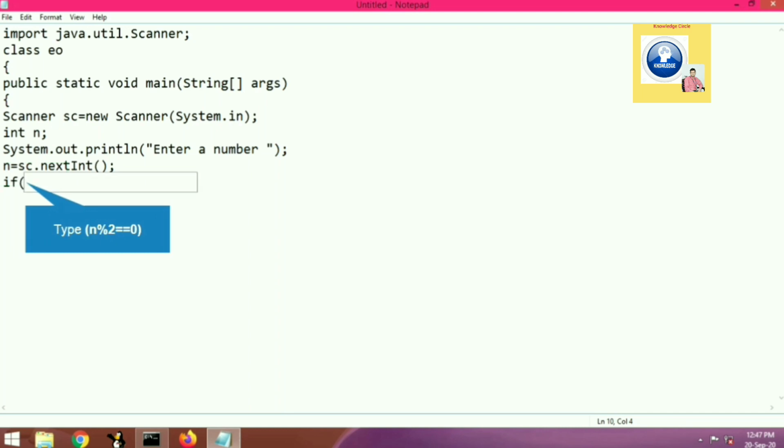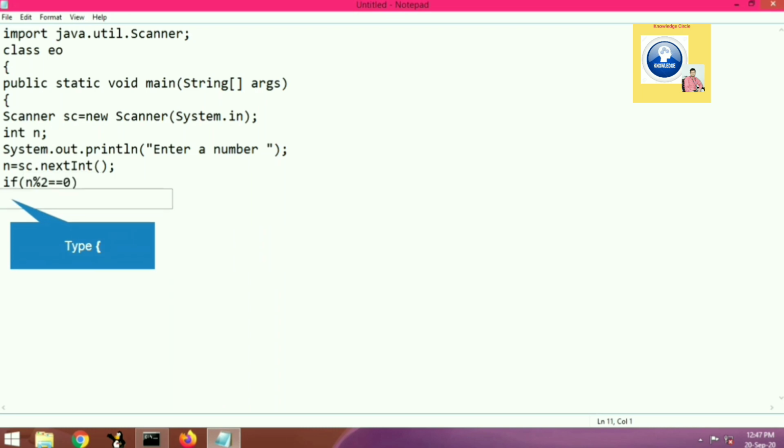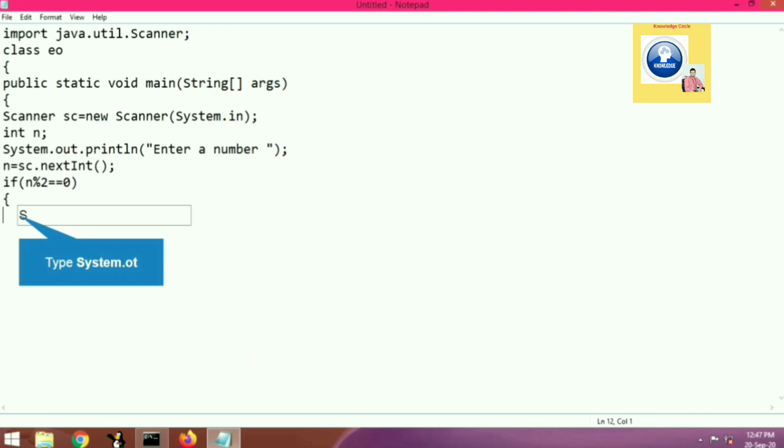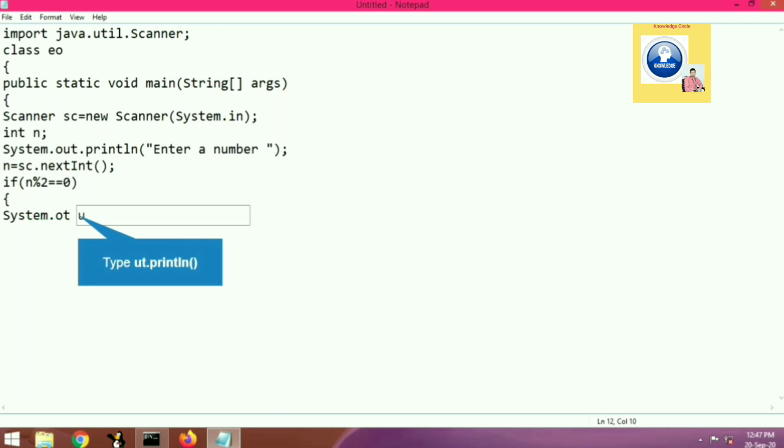It's time to check whether the number is even or odd. For that we will divide the number by 2, which means we will take the modulus by 2. What is the modulus operator used for? It is used to get the remainder. So the modulus operator will return a remainder. If a number is taken modulus 2, let's compare the remainder.